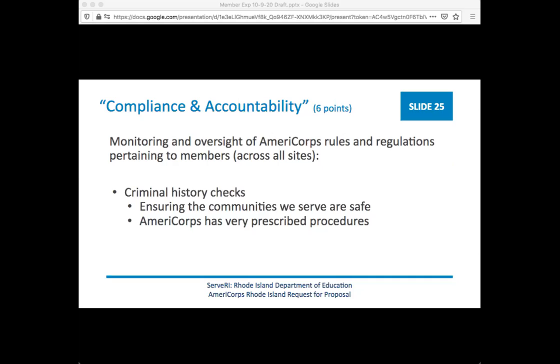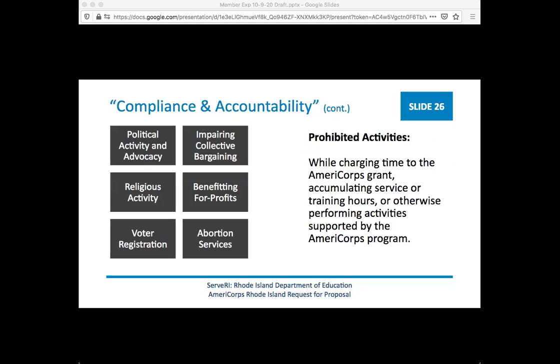And it's not flexible. So it's very important that you understand the importance of this in your program development, but also that you communicate that you understand the importance of this. The second key, really important area of compliance and accountability,